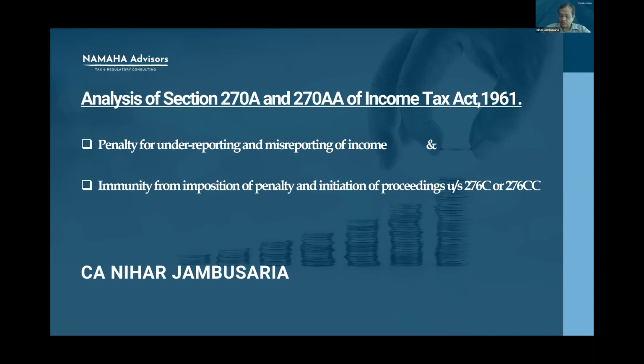2017-18. Now, let us first examine the reasons for replacing the old Section 271(1)(c), which was operative for so many years. And there were so many court judgments, and the entire section had almost settled down. So, what was the need for replacement? If you look at the memorandum of the Finance Act 2016, the government, the finance ministry has stated that in Section 271(1)(c),